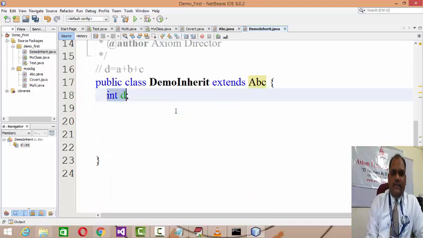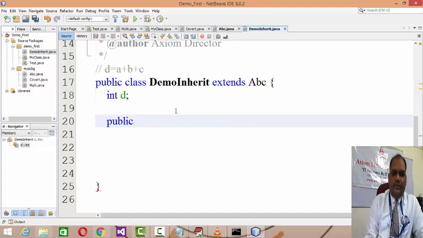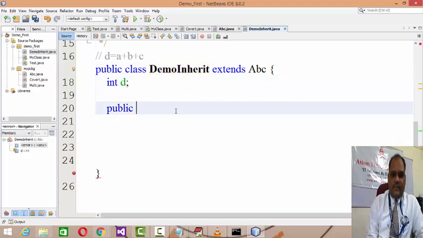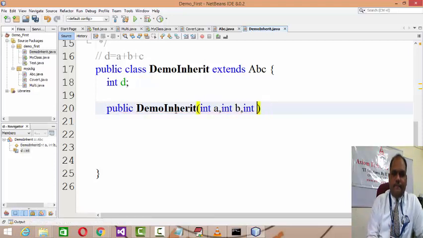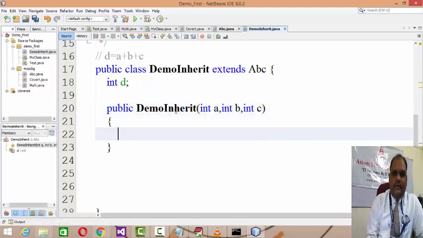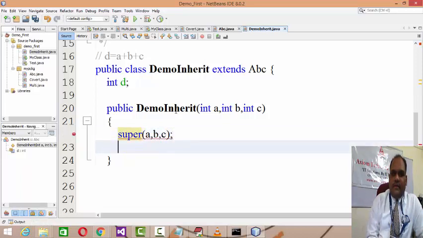Now I am having D as private data, then I am going to define the constructor of the derived one, so public DemoInherit. As I am not going to create the object of ABC, I need to initialize the private data belonging to the base. The constructor of the derived class should have extra arguments, let's say int A, int B, int C, and you give a call to super, passing these as arguments.